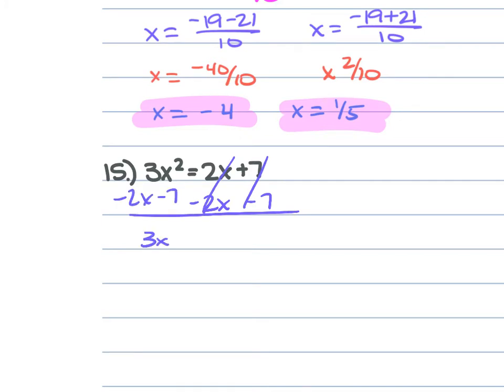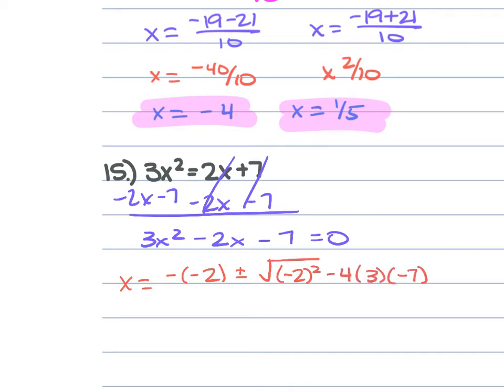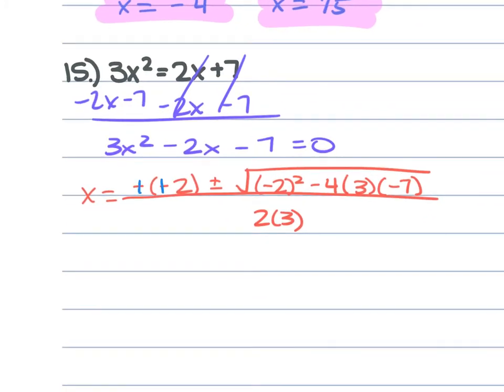I have 3x squared minus 2x minus 7 is equal to 0. So I'm going to have x is equal to a negative times negative 2 plus or minus the square root of negative 2 squared minus 4 times 3 times negative 7 all over 2 times 3. So this can become a positive, so x is equal to 2 plus or minus the square root of 4. The negative 4 times 3 is negative 12 times negative 7 gives us a positive 84